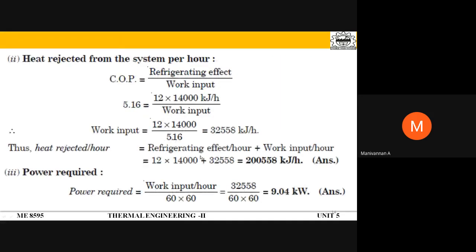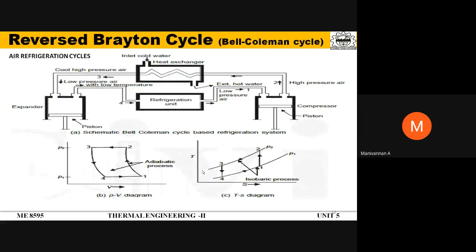Now, as I told you in the previous class, achieving the reversed Carnot cycle is hypothetical. You cannot achieve it because all the reversed Carnot cycle processes are hypothetical, such as isothermal heat addition. You cannot design a system which produces isothermal heat addition and heat rejection. So I cannot construct a device which works on the reversed Carnot cycle. A refrigeration system cannot be designed based on it, so that system is not workable.